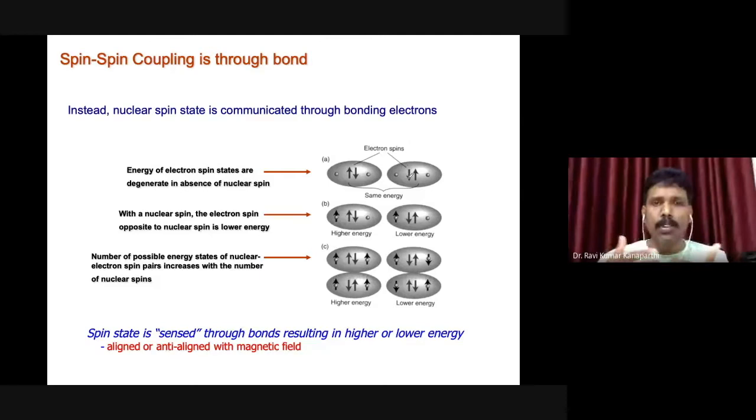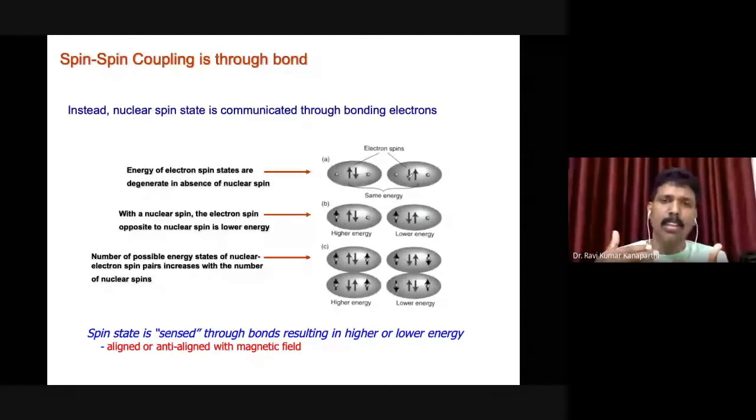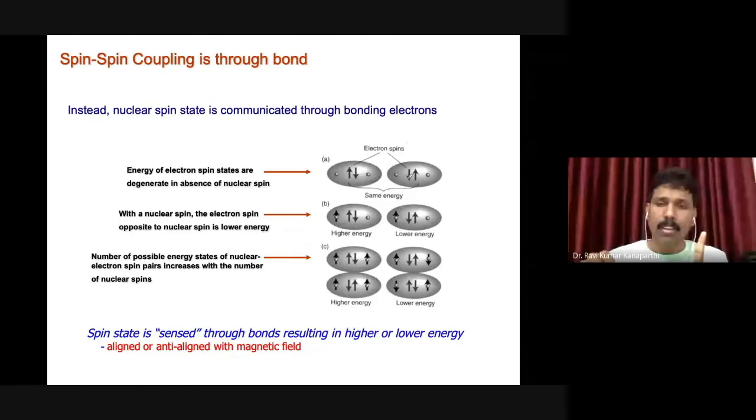So when do we see it? We see spin coupling only when there is a nucleus which has a non-zero spin. Then definitely we will see interaction between the spins, and accordingly the energy levels get separated, we see splitting, we see transitions, and we see the fine structure, right? So this is what it is.